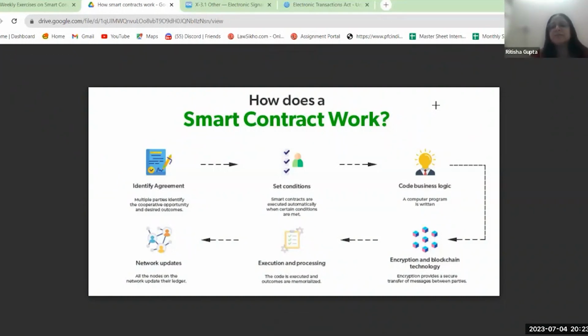Now, a very simple example of this is your Netflix or Amazon Prime or Zomato, Swiggy, any online-based subscription that you do, wherein you simply have to pay money to the website, and the very next second, you get immediate access to all its plus features, right? Now, how does this happen? What do you think happens in the background?